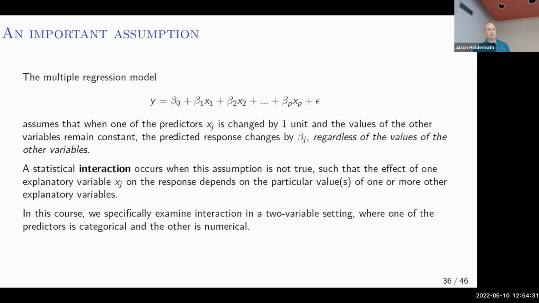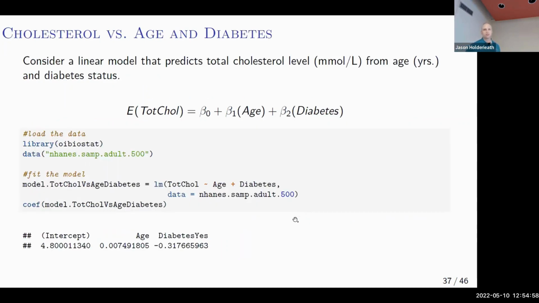And that assumes that, if you have an explanatory variable that changes by 1 unit, then the predicted response changes by beta J, regardless of the values of all the others. If we have an interaction, that's not necessarily true, though. Maybe we could have an interaction where one of the predictors is categorical and the other is numerical. So, for instance,